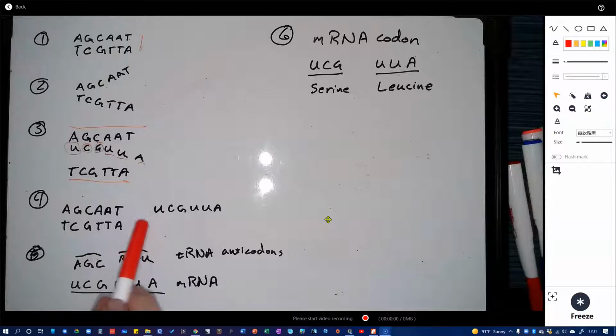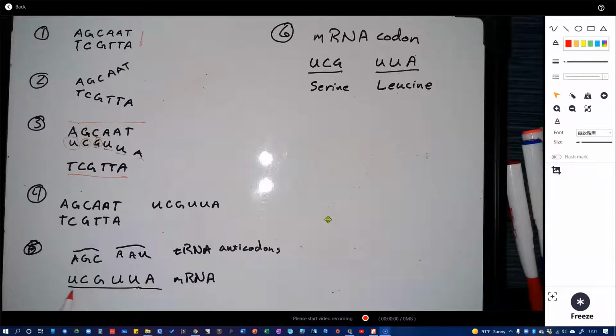You've got the mRNA right out here. And so it wants you to draw those two things separate. It wants to see the DNA zipped at that point. Next, it wants you to show the mRNA, which I've drawn on the bottom here, and